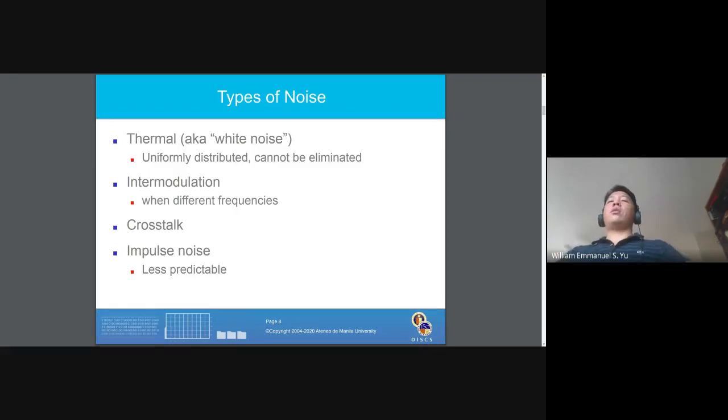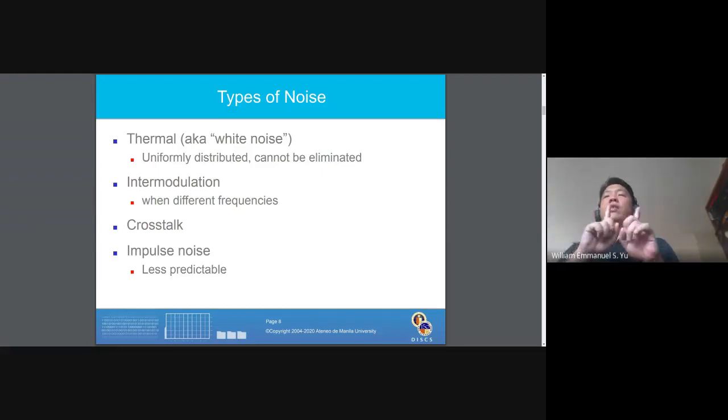Right? So that's what we call intermodulation. Crosstalk is a form of electrical noise. This one is due to Maxwell's equations, Maxwell's laws. If you have a current moving in one direction, you generate a magnetic field going in another direction. We talked about it last week, di ba, on why